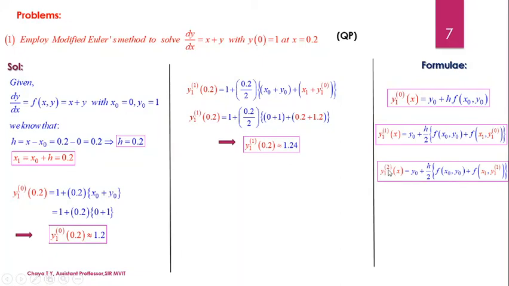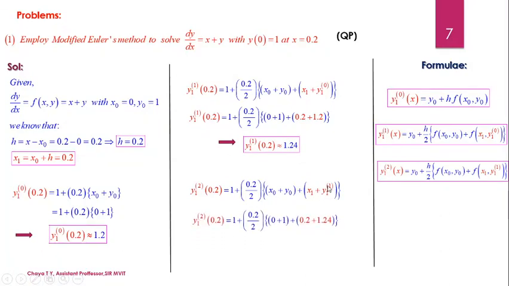Now let us consider Euler's modified formula, which is given by y1 of 2. I mean the value of y1 for the second approximation is y0 plus h by 2 times f of x0, y0 plus f of x1, y1 from the first modified value. Now substitute here the required values. I am going to get y1 of 2 at the point 0.2 is equal to y0, which is 1, plus h, which is 0.2, by 2 into f of x0, y0, which gives me x0 plus y0, plus f of x1, y1 of 1, which is x1 plus y1 of 1.